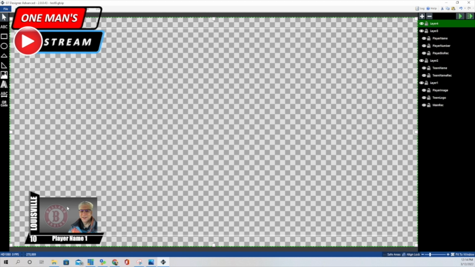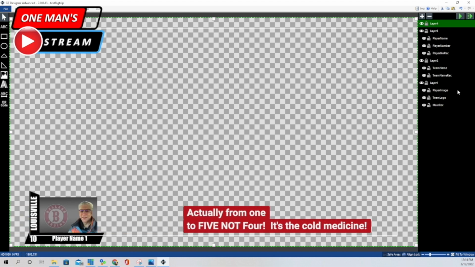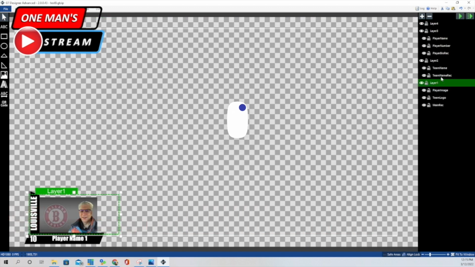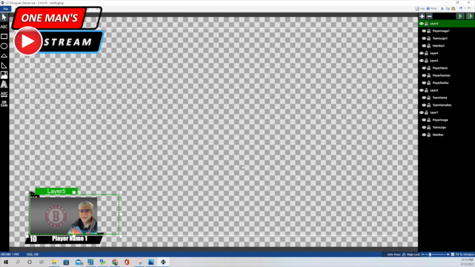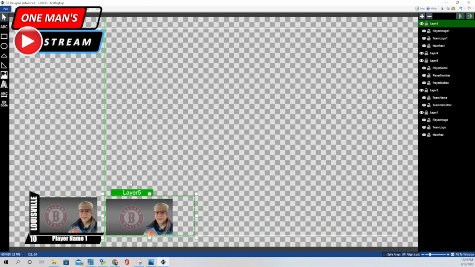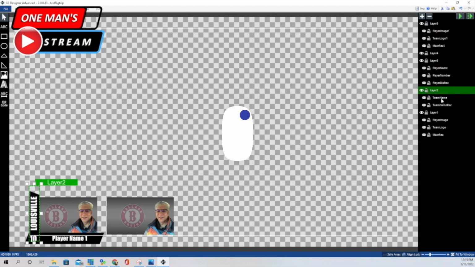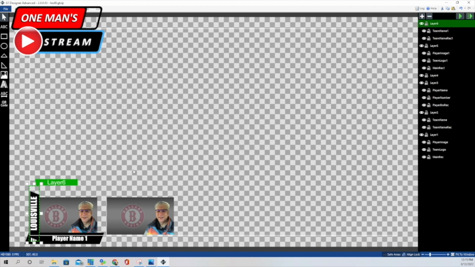So how do we go from 1 to 4? Well, that's the easy part. You'll come here and you'll click on layer 1, and then you'll right click, copy, right click again, and paste, and then it makes it a new layer. See where the layer 1 changed to layer 5, and then you bring that over, you position it where you want it, and then you go to the next element, which is this guy right here, layer 2. Right click, copy, right click, paste. It changed layer 2 to layer 6. You slide it over, and then with the arrows, you do your fine adjustment, and that's how we did the